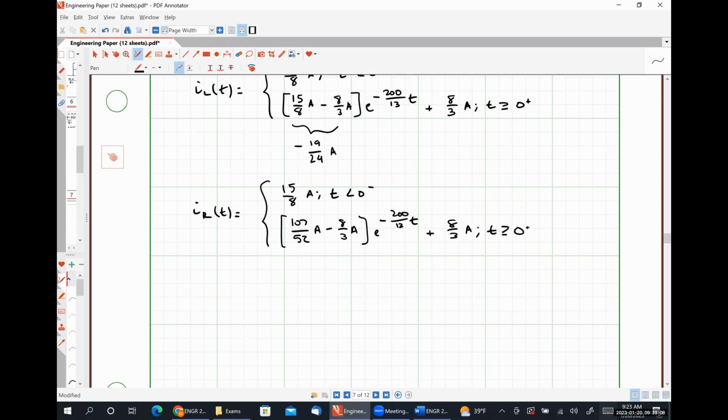And simplifying 107 over 52 minus 8 over 3, this is negative 95 over 156. All right. Any questions? Okay, so